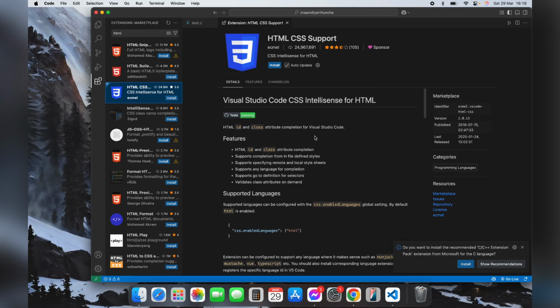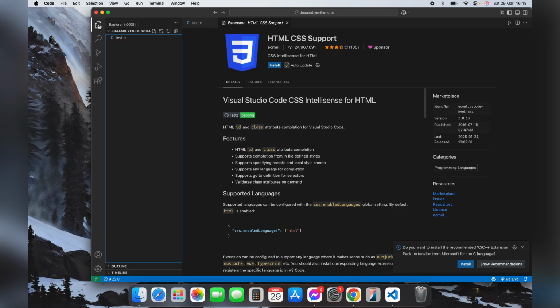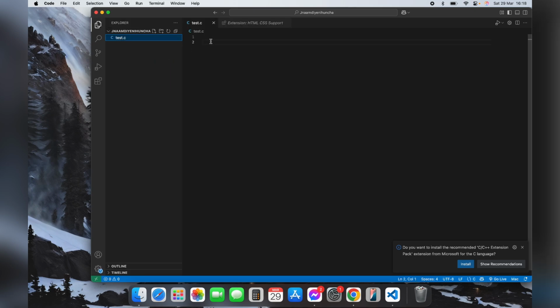It will enable you to write CSS or HTML code on Visual Studio Code, and after that click on your folder and open a new file. And to name your file, make sure to add the .css extension on the back